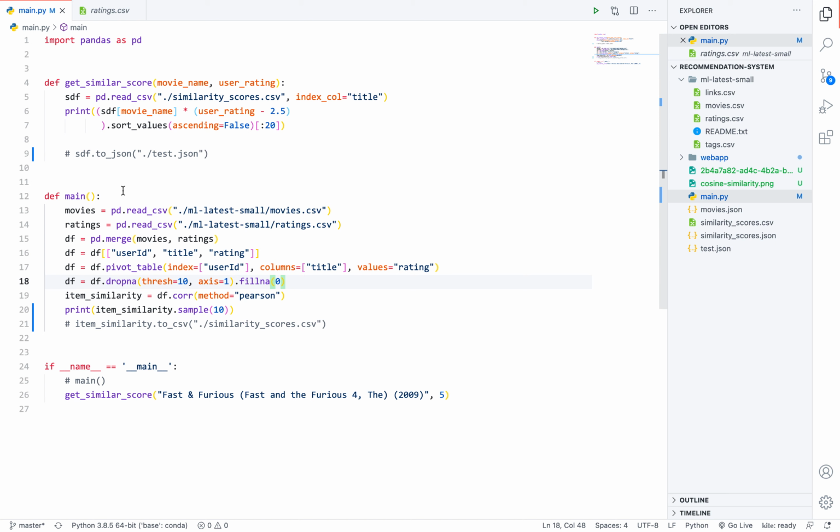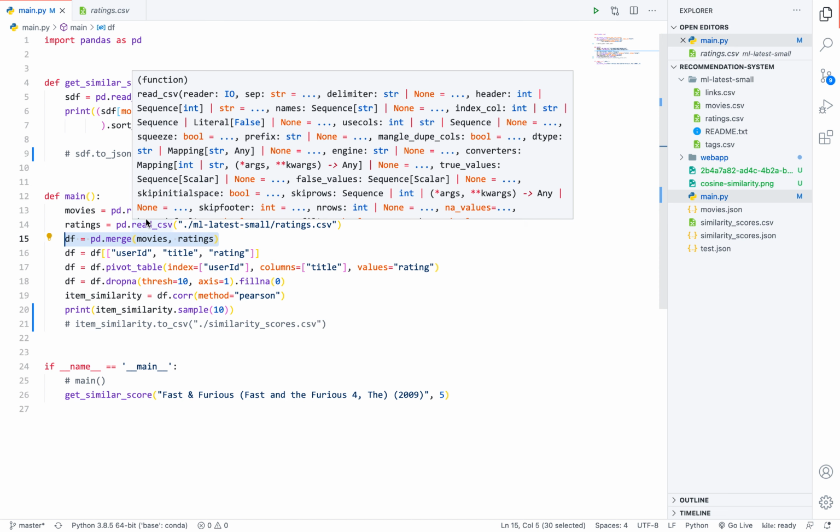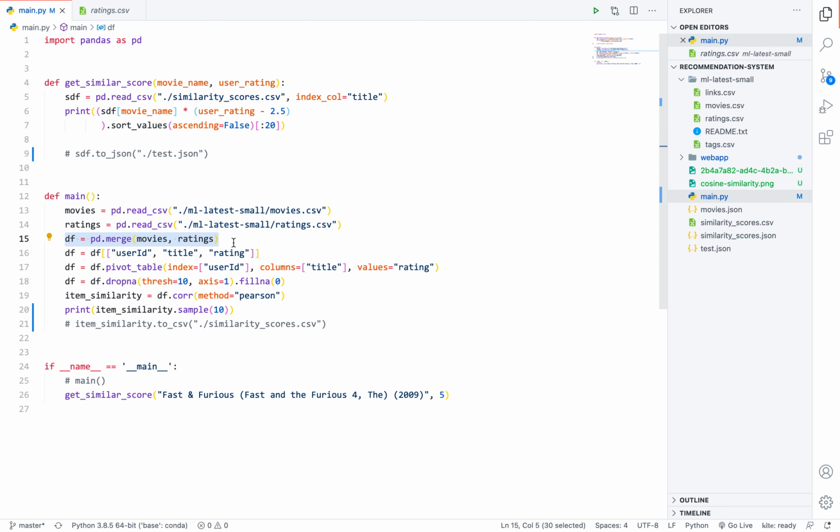Here I read movies.csv as well as ratings.csv. I'm merging these two data frames because we need three columns, and the title column is in a different CSV, therefore I need to merge them. Then I am extracting user ID, title and rating. Now I want to transform this data frame.